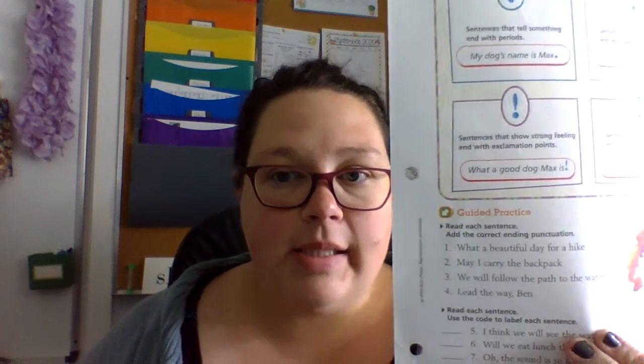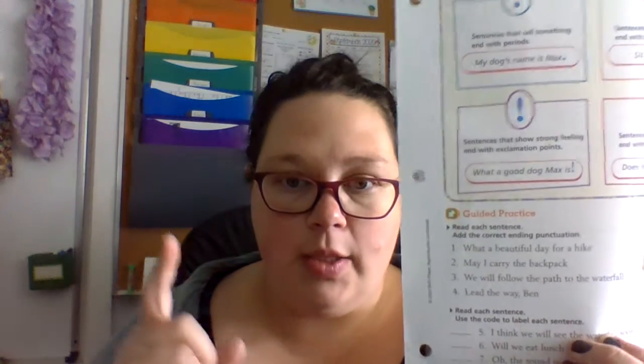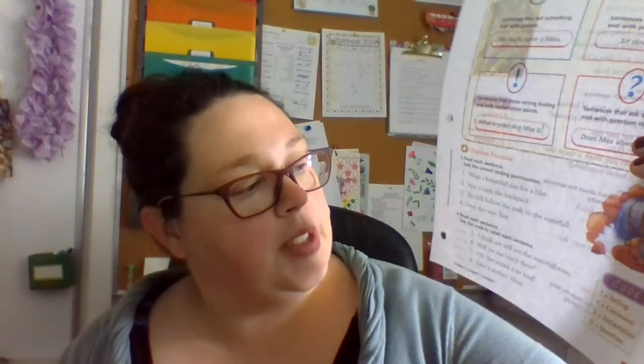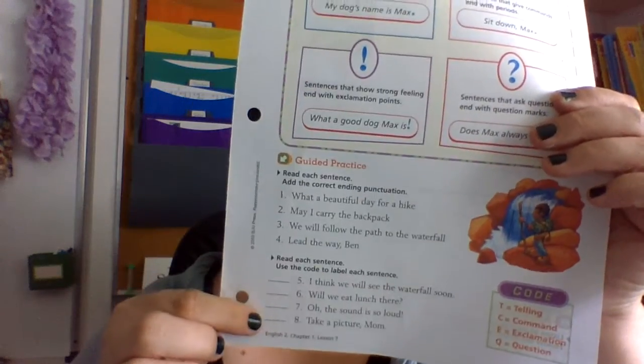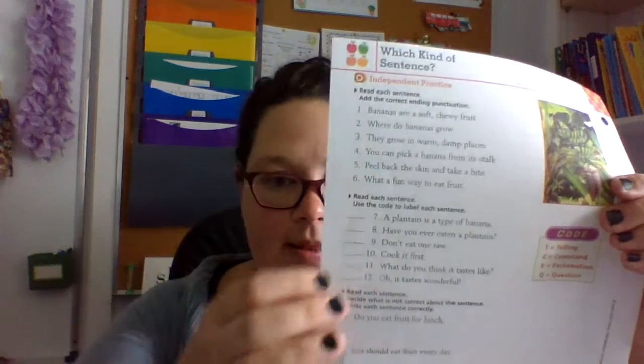So you're going to go through here and look at these, and you're going to write the question mark or the exclamation point or the period for the command or the telling sentence. And then on this one, you're going to look at the sentences and tell me whether it's a telling sentence, a command sentence, an exclamation, or a question. And then on the back, you're going to do the same thing. And then these ones, you're going to fix them because something's wrong with these sentences. You need to figure out what's wrong. At the apply and listen, just go ahead and skip that because I don't have that information for you. It's okay. It's just more practice of looking for what sentence is what. So don't worry about the apply and listen.